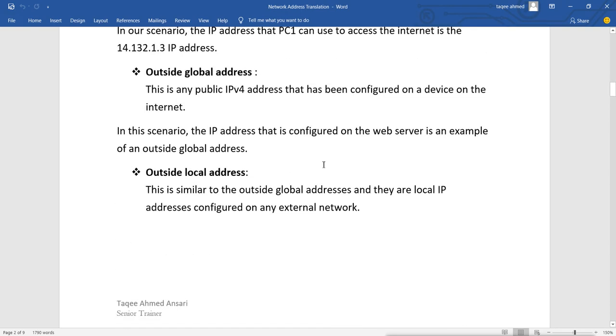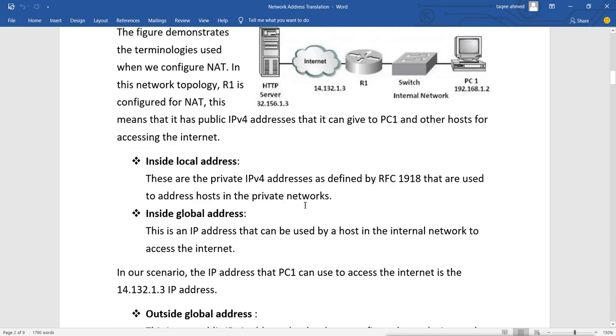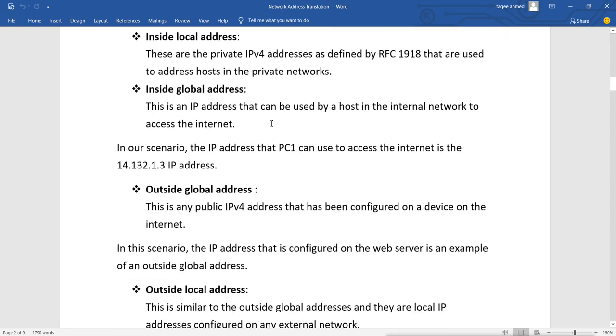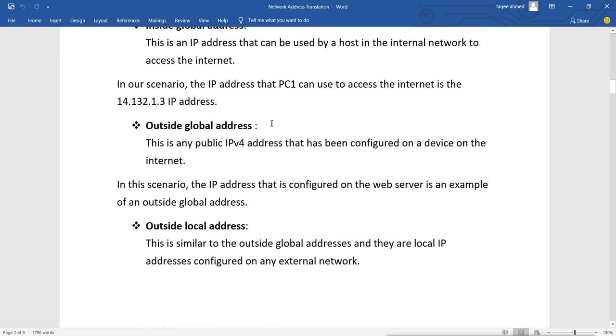Now outside local address is actually also the same address. It will also be the web server address, or if it can find, it is the address which is configured on the routers of this network. Basically it is the same address as the outside global address. Outside global and outside local will be the same addresses, because we don't need to configure this. We can see this when we configure the translation, and when the translation happens, then we can see those addresses, but basically we don't configure it. So these are the terminology we should know before configuring the NAT.